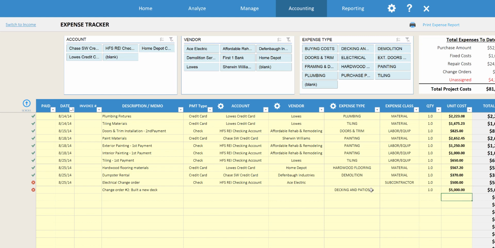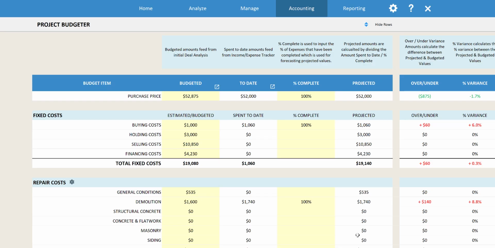And just as a correction, you wouldn't categorize this to decking, you would actually categorize this to change order. So usually if you wanted to track that to an existing budget item in your base budget, you would track that to decking and patios, but since we are tracking a change order, we are going to track that to the change order category. So now that we've tracked that to the change order category, if we go back to the project budgeter here,